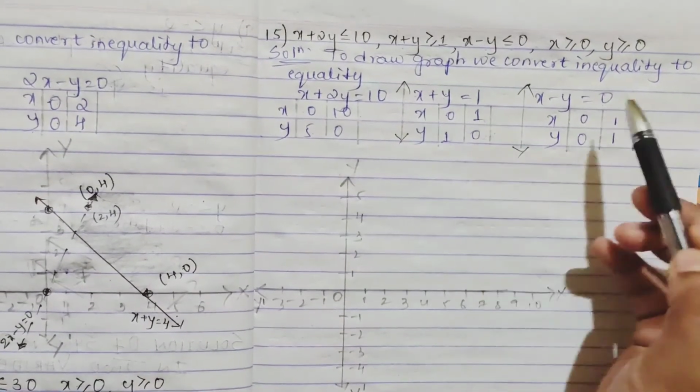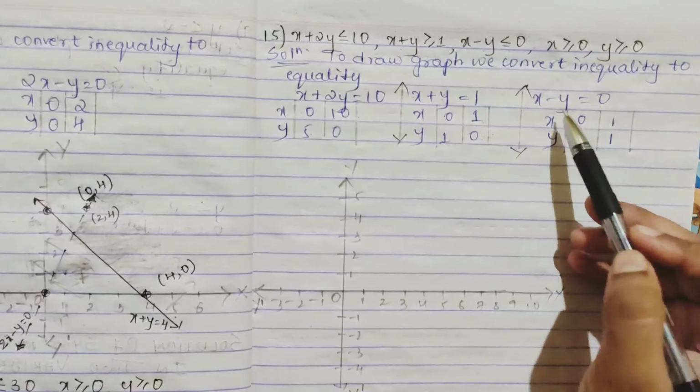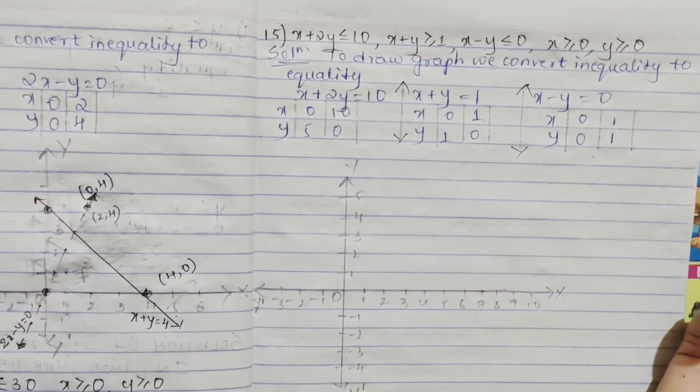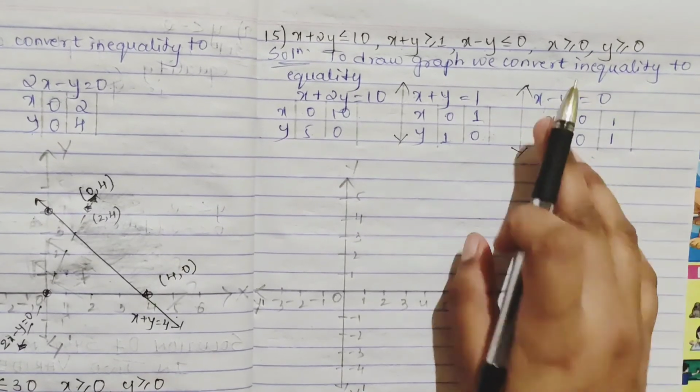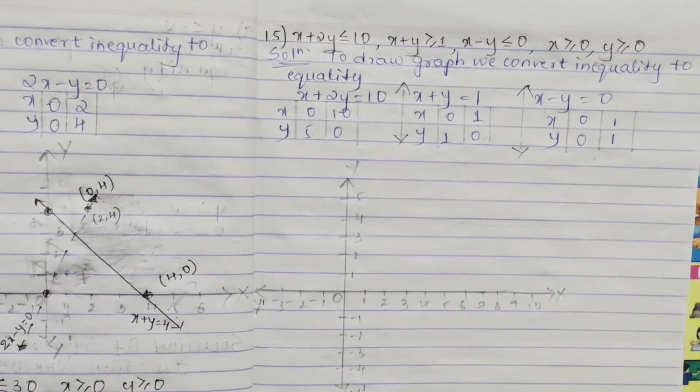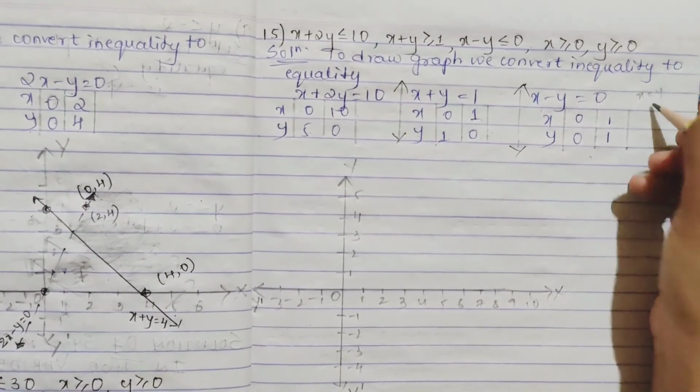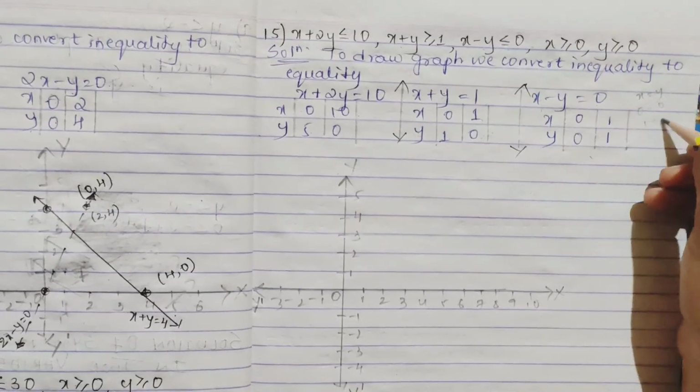Now in this section you see, when you put 0, 0, when x is 0, y also you'll get 0. When you put x as 1, you'll get y as 1. When you put x as 2, y is equal to 2. Like this you'll be getting, right? You can write this like this now, x is equal to y. So when x is 0, y is 0, when x is 1, y is 1, same you'll get.